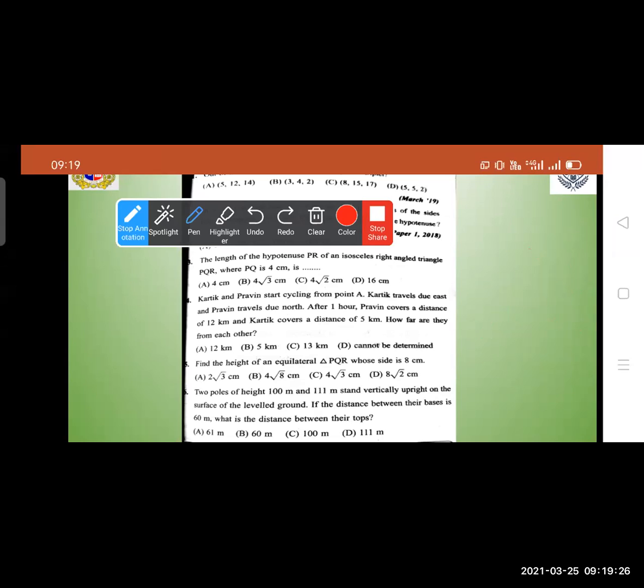Okay. Two poles of height 100 meter and 111 meters stand vertically upright on the surface of the level ground. दो पोल लिए हमने, एक की हाइट 100 है and second height is 111. ओके, ग्राउंड पे. That if the distance between their bases is 60, उनका बेस 60 है, यहाँ पे 60 लेना हमको. फिर हमको क्या करना है, पाइथागोरस थ्योरम लगा के उसकी हाइट फाइंड आउट करना. ओके,